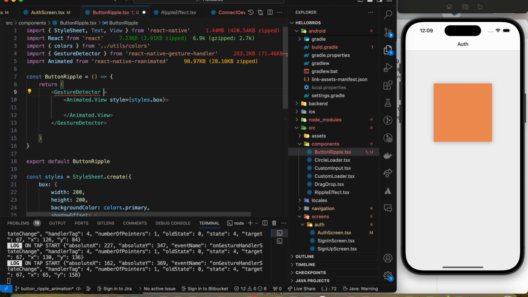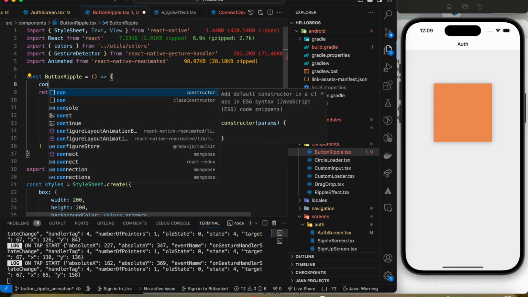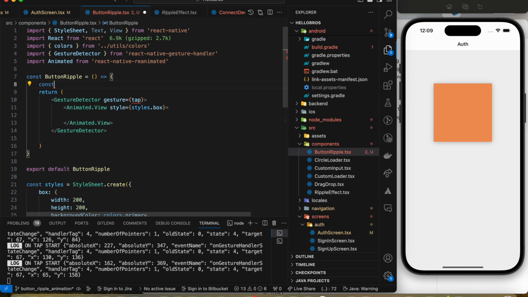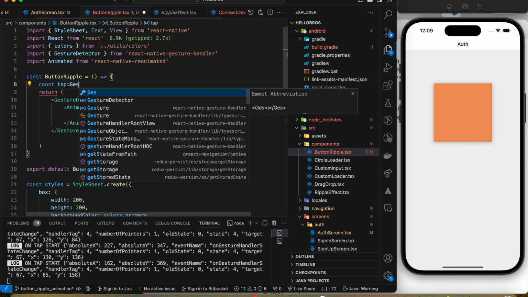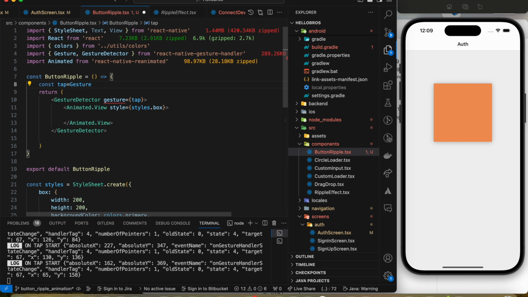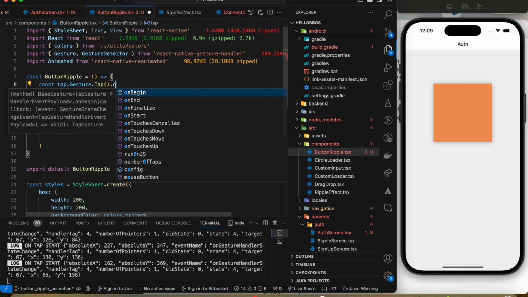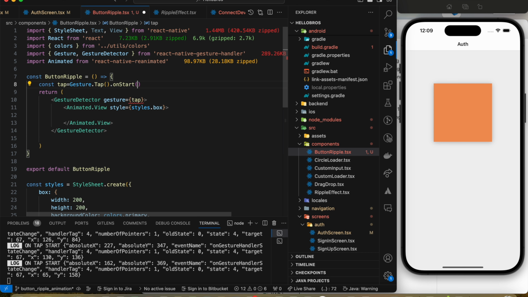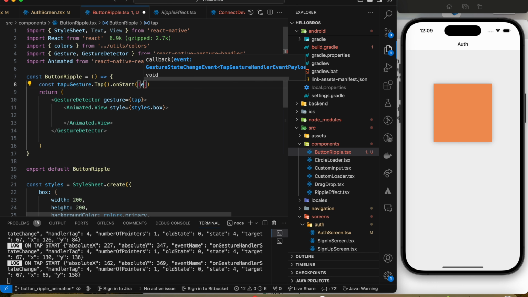Okay. Now provide the gesture as a tap. Now we will create the tap gesture here. So Gesture dot tap. Okay. Now it provides us the method which is onStart, and it gives us the event,